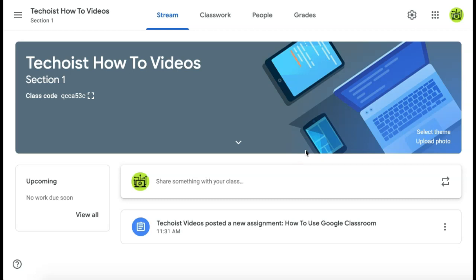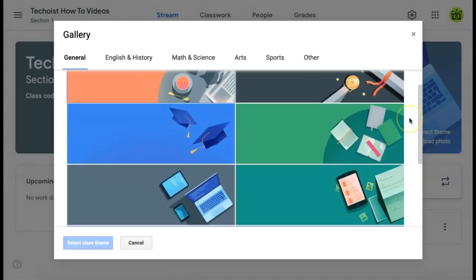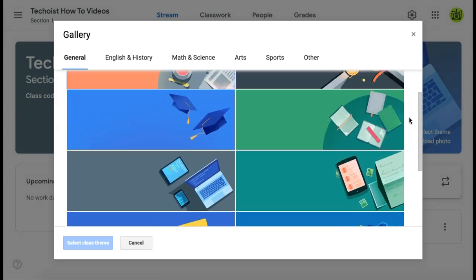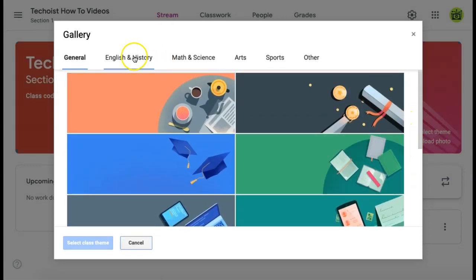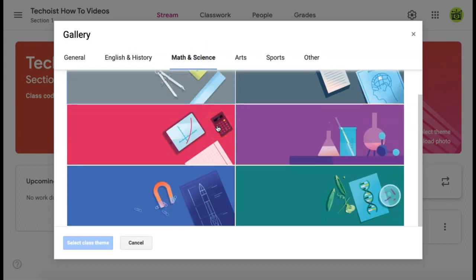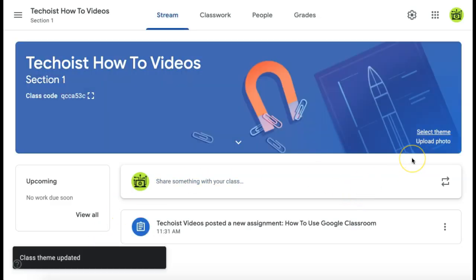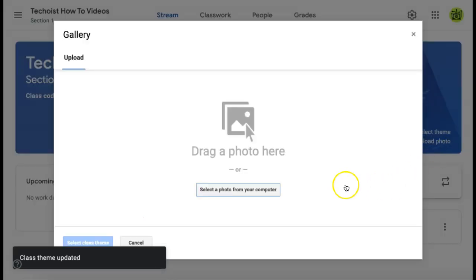You can personalize the page by changing the header image at the top. To change the header image, in the bottom right corner of the header, you'll see Select Theme. This brings up a library of header images that Google Classrooms has. You can view them by different subjects. And once you see the one you'd like to use, just select it and click Select Class Theme. If you have your own image you'd like to use, you can click Upload Photo and then select it from